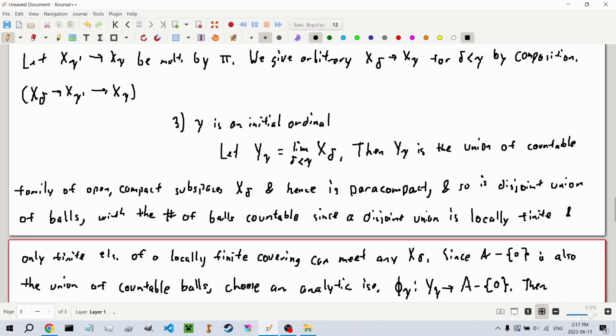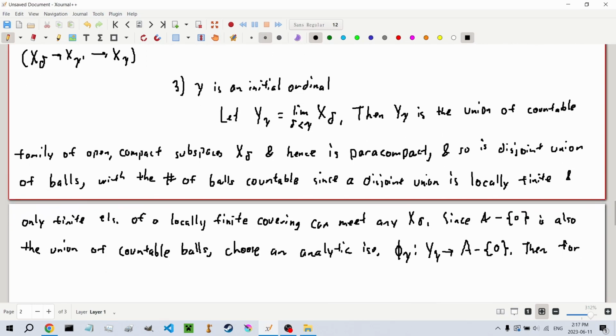And then for delta less than gamma, the map from x delta to x gamma is defined as the composite